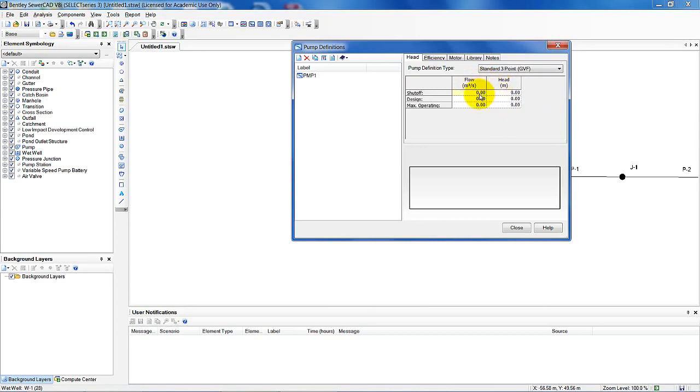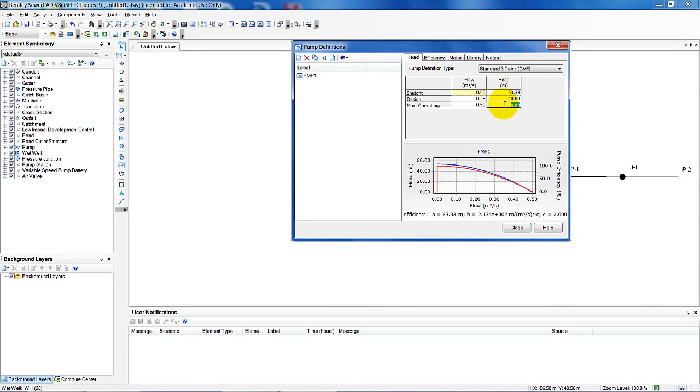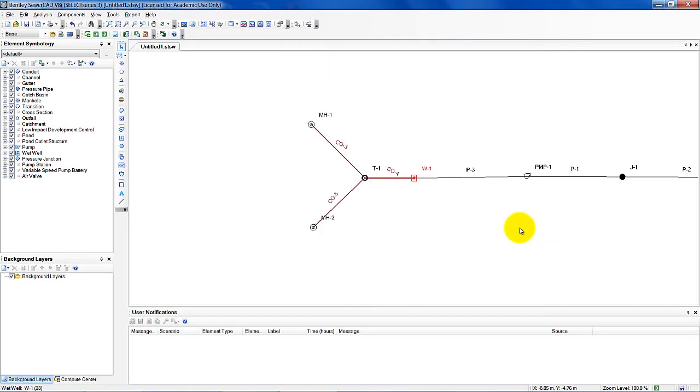So from table 3-5, I have 0 as the initial flow. I need 53.33 here. What I need now for a flow of 0.25 cubic meters per second with a head of 40 meters, and lastly a 0.5 cubic meters per second flow, and 0 as far as my head. And you can see now it's defined my pump. Here's my pump curve. So I can close the pump definitions,